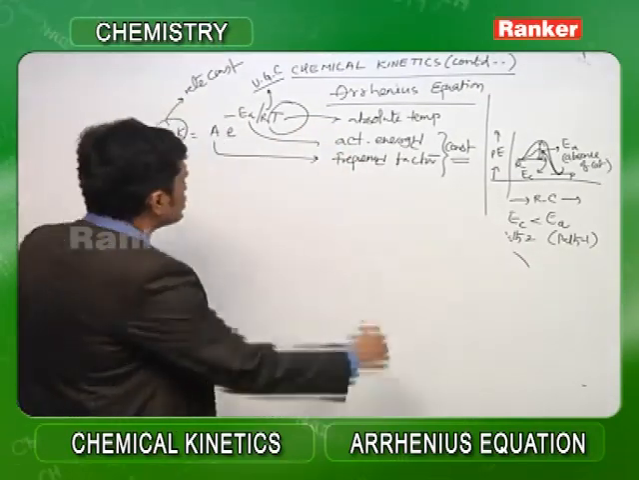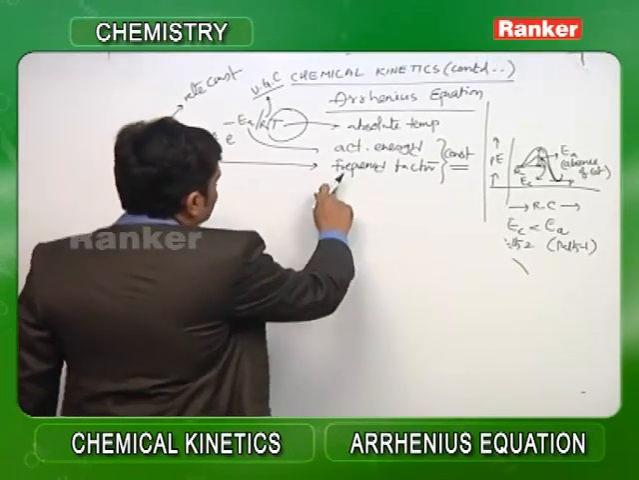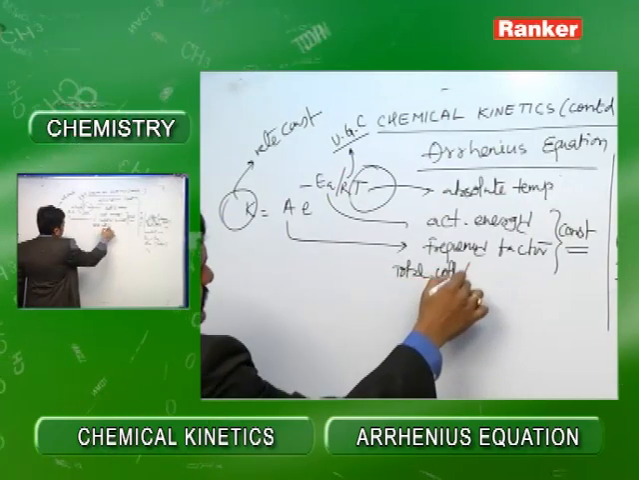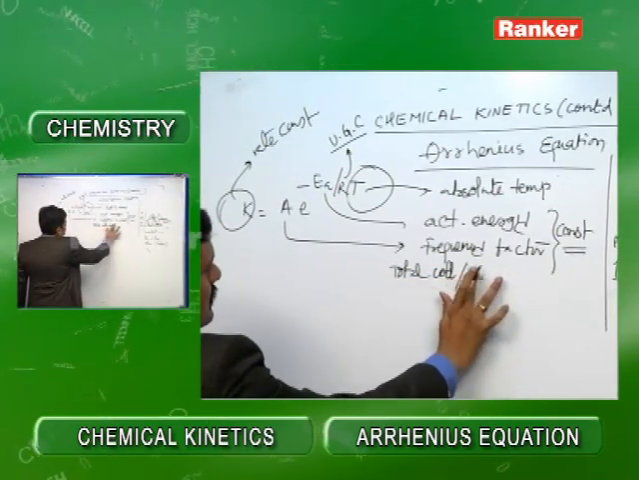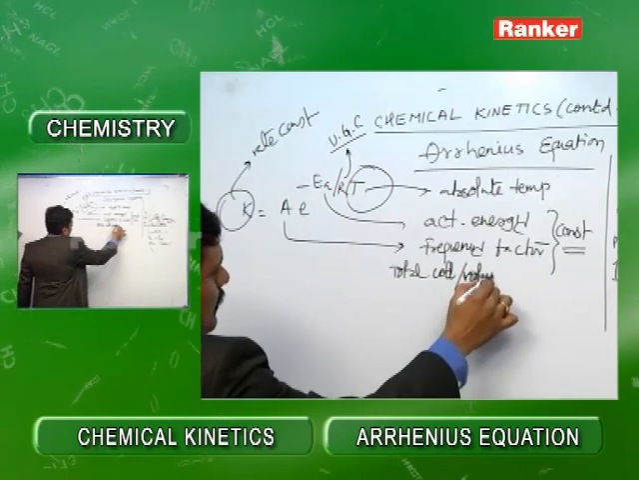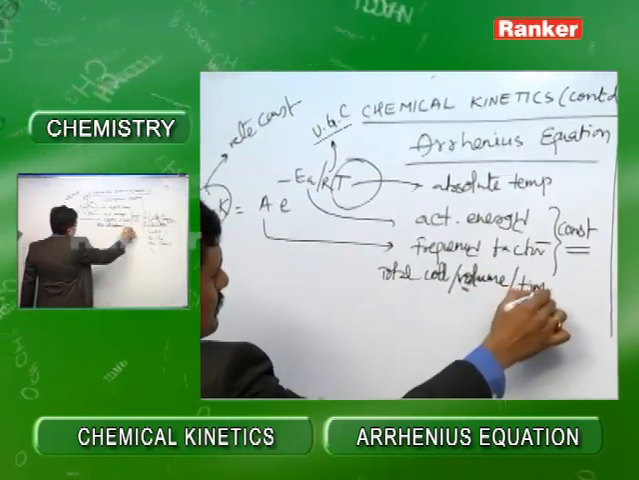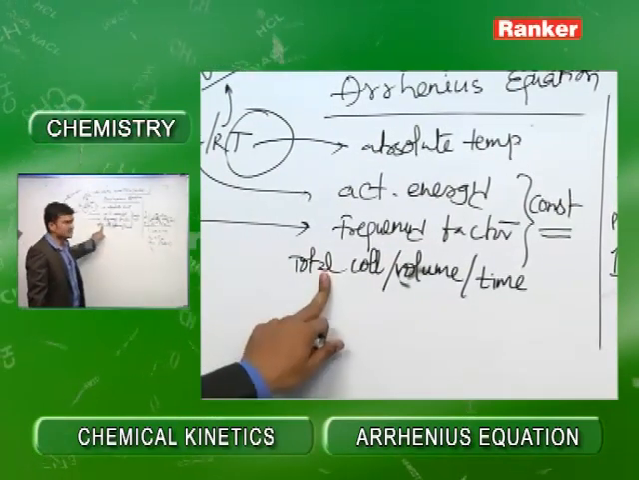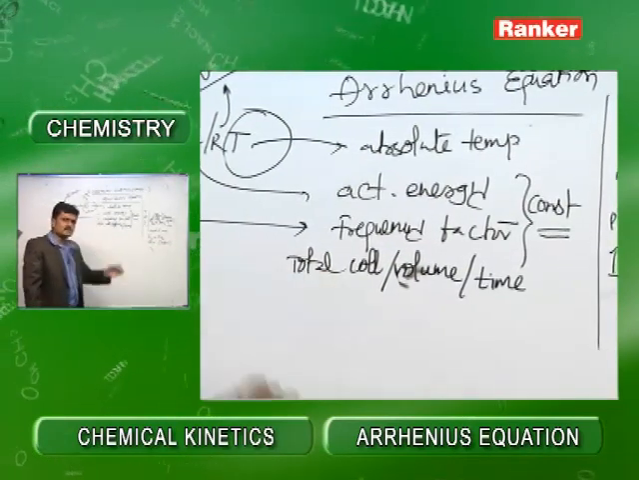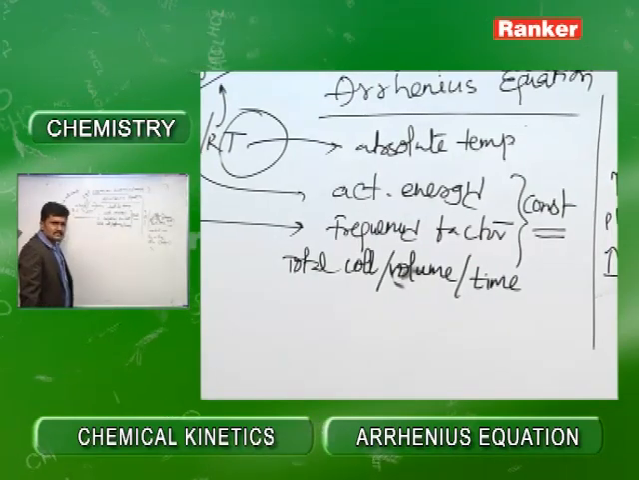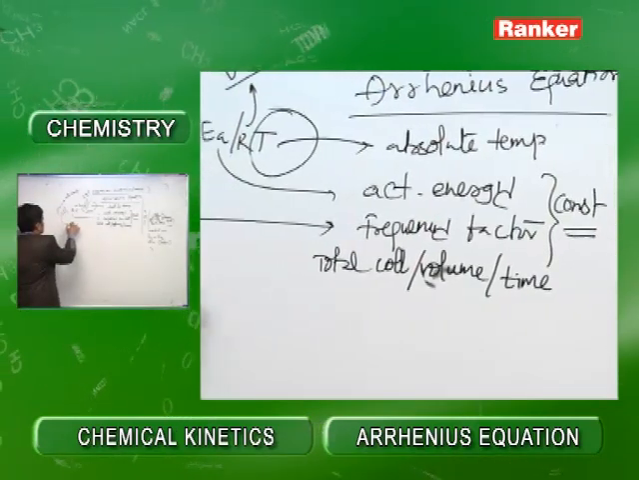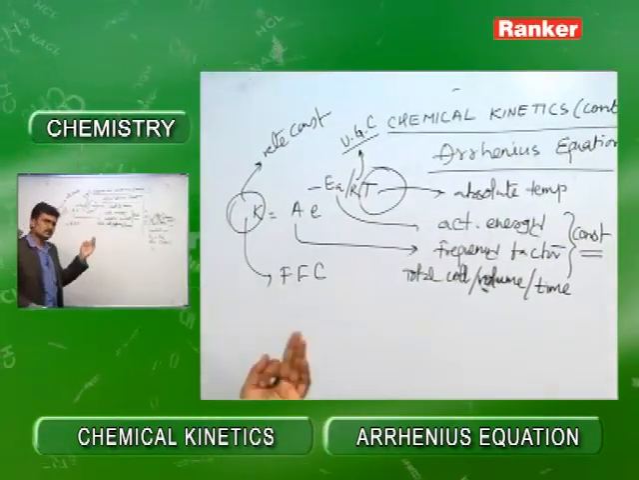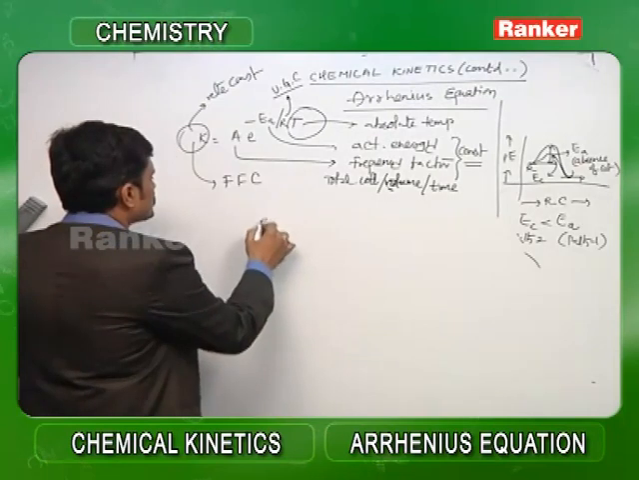So here we define this Arrhenius factor or frequency factor as the total number of collisions taking place per unit volume per unit time. So this speaks about the total number of collisions that are taking place. Now you see, we have this K, which talks about the fruitful collisions, and this A talks about the total number of collisions. So therefore the ratio of these two